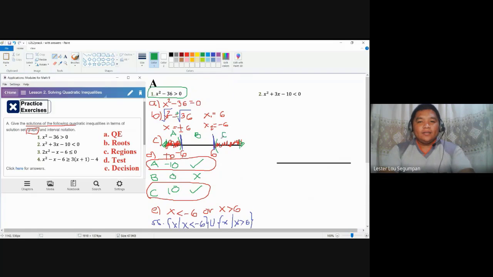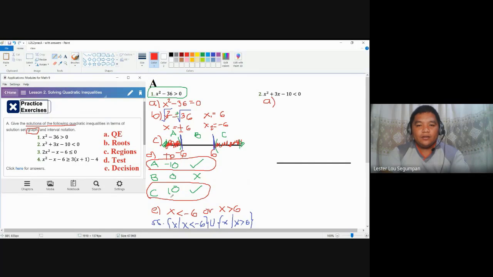Number one is different from number two in the sense that in number one we can use the square roots method, so we can simply have this simplest form of step D. But in number two, we cannot use the square roots method; rather we could use the factoring method. Our regions here will be quite few, so step D might be a little bit different. So let's try it with letter A.